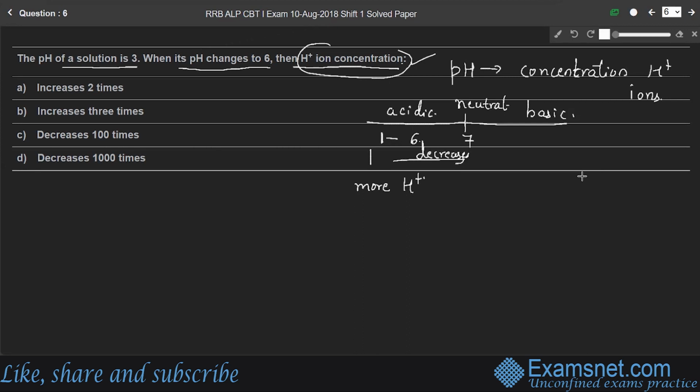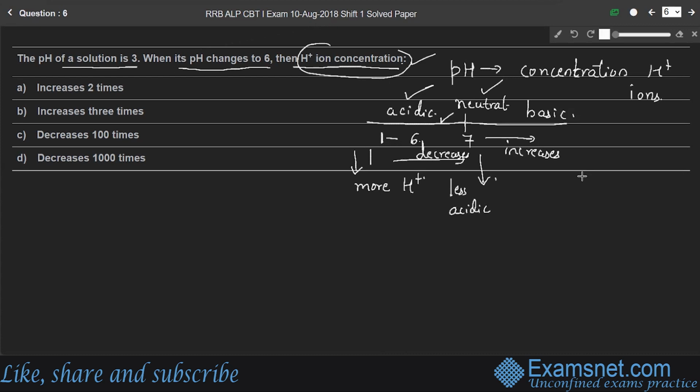That means if a solution is more acidic, there will be more hydrogen ions. So if the pH increases from 1 to 6 or 6 point something up to 7, hydrogen ion concentration also decreases, so the solution becomes less acidic. At 7, the solution becomes neutral, and when pH increases further, it becomes a basic solution. Keeping this in our mind,